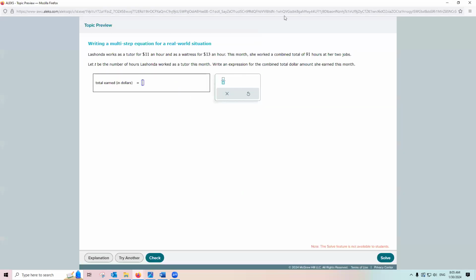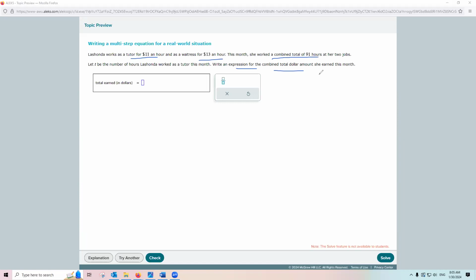It says LaShonda works as a tutor for $11 an hour and a waitress for $13 an hour. This month, she worked a combined total of 91 hours at her two jobs. Write an expression for the combined total dollar amount she earned. All right, well,